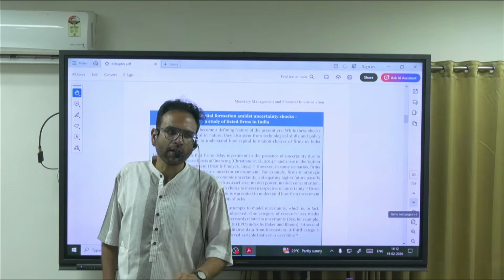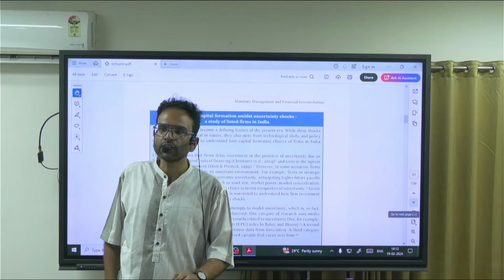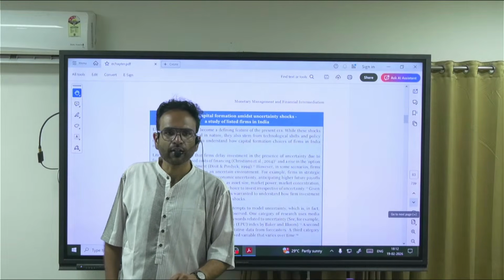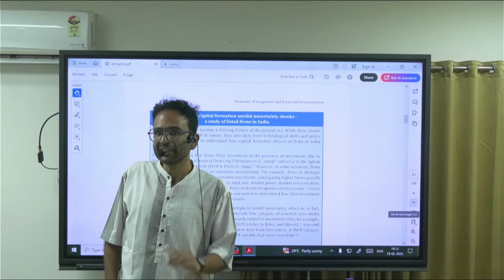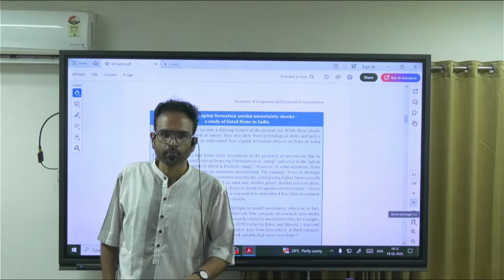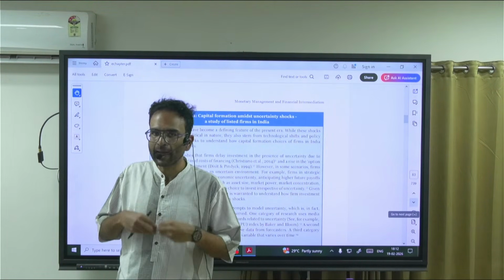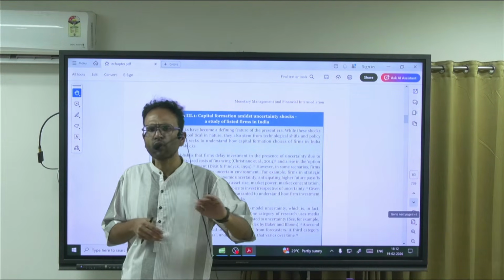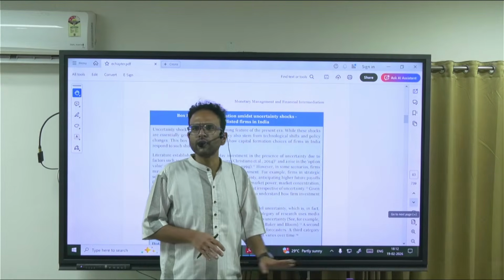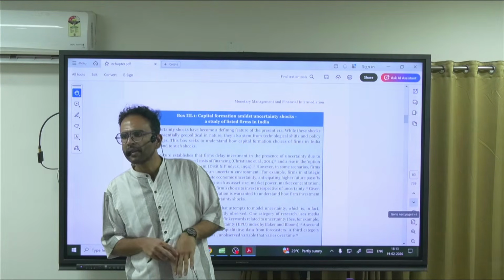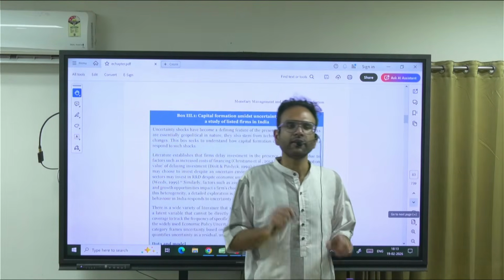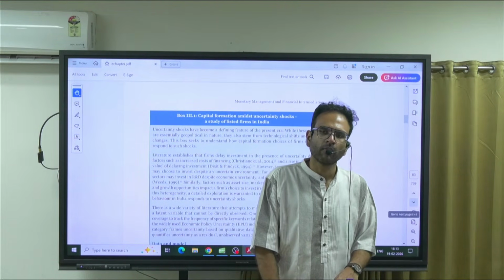There is a concept called CRR, cash reserve ratio. Are you going to get any interest on it? It is meant for financial safety. If you have 100 rupees on the bank side, a part of it should be kept aside. Let's say 4%. 4 rupees should be kept aside so that in the event of something bad happening, you will take out that 4 rupees and fix that issue. This is one layer.